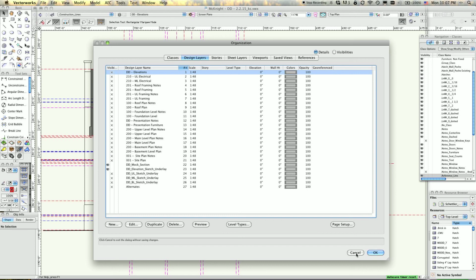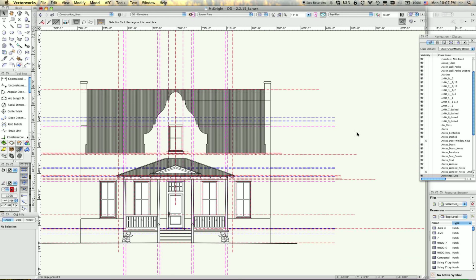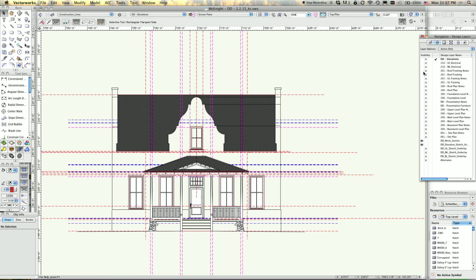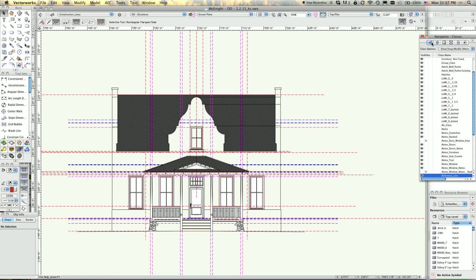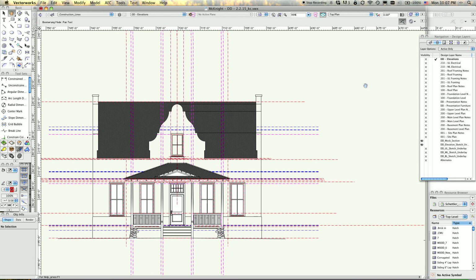There's design layers. So for instance, the design layer I'm working on here, similar to the classes, if it has a check mark, that's the active class that you're drawing on. In design layers, if it has a check mark, that's the active design layer that we're working in. And let's break